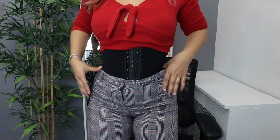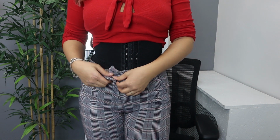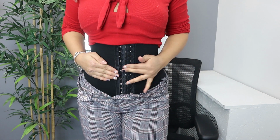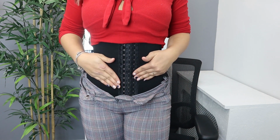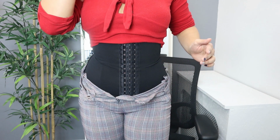Essentially, they are basically waist trainers, but they're just made of a better Powernet material. There's no latex in them. There's no super ultra high compression. I mean, as you can tell, it does do the job in cinching in my waist and really forming a figure. So that's what I want. 2 years postpartum, I just want something with high compression to mold my body and give me an hourglass shape and keep my skin tight and have a little bit of thermal activity going on in my stomach,